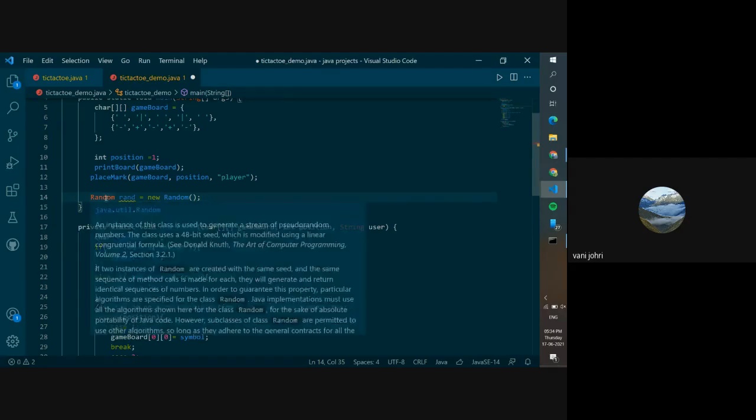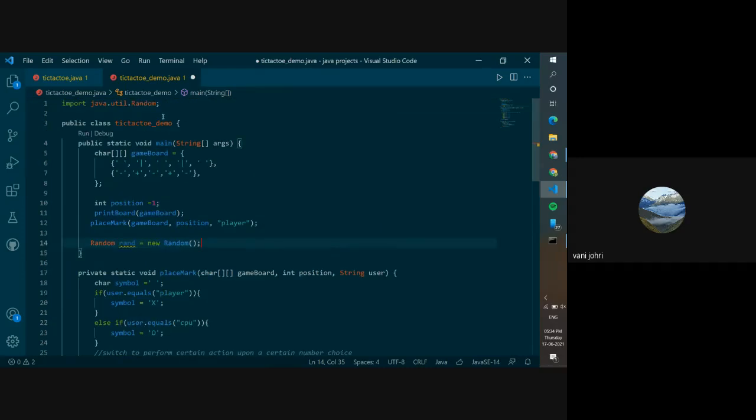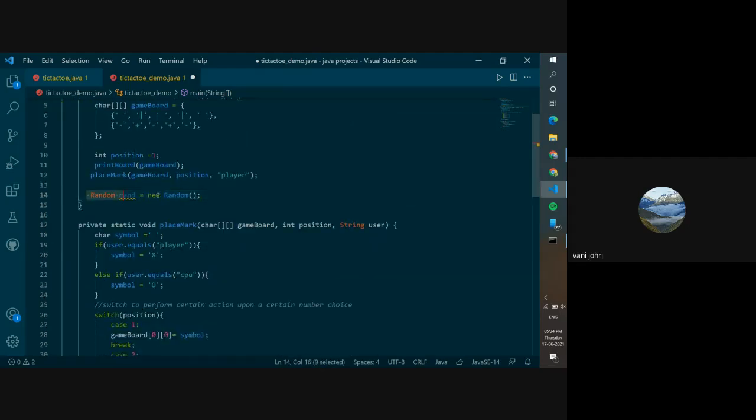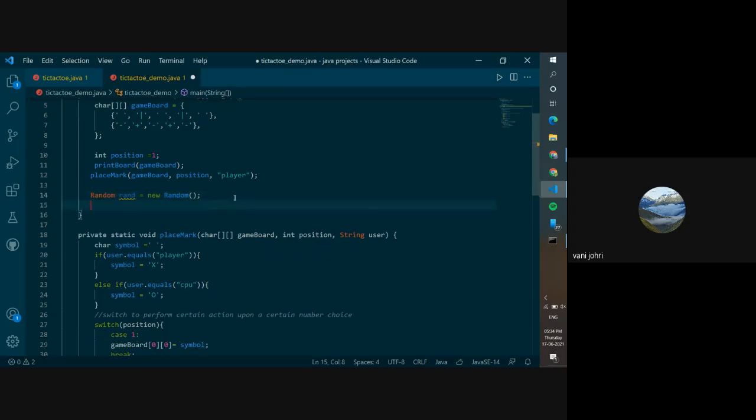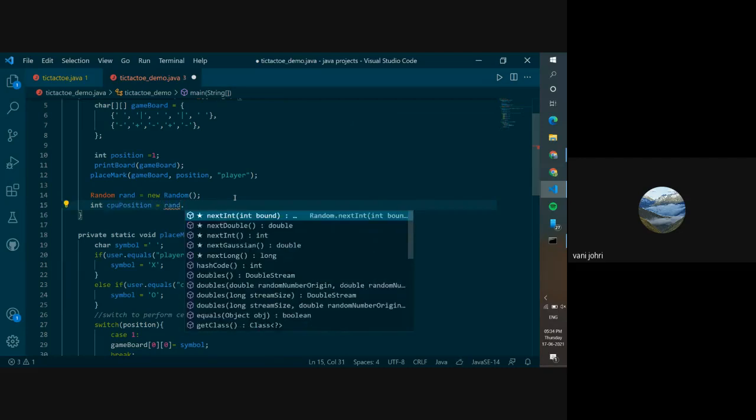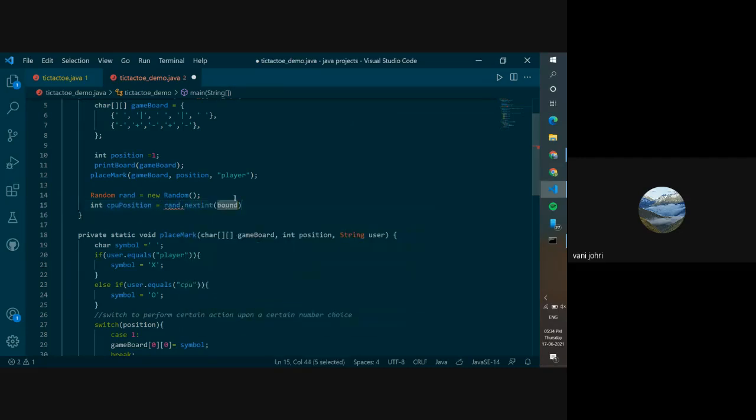This is also already defined in Java, and it's java.util.Random. How we use java.util.Scanner, it's the same. This is how you declare it. After doing this, we'll take another integer. How we took integer position for the player, we'll take integer CPU position, and we'll write rand.nextInt 9. I'm going to do a +1.